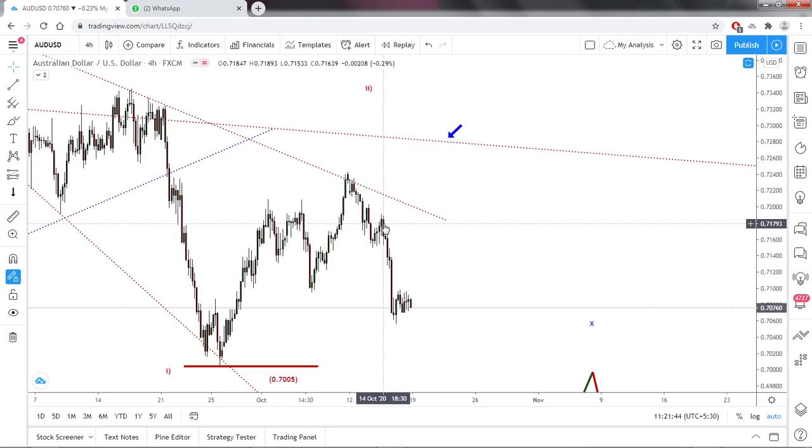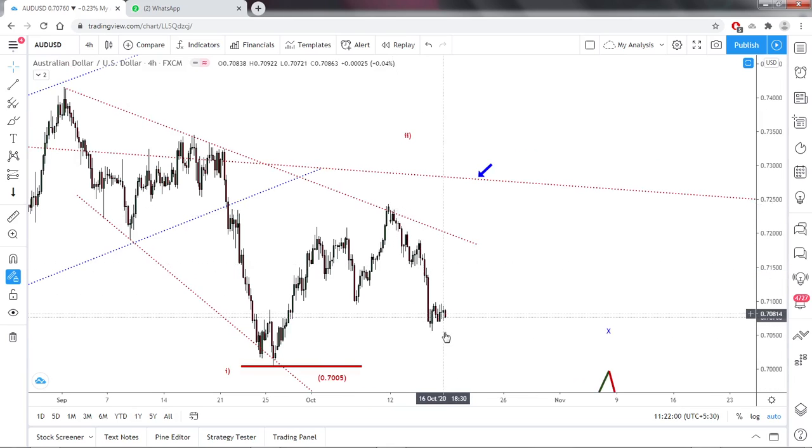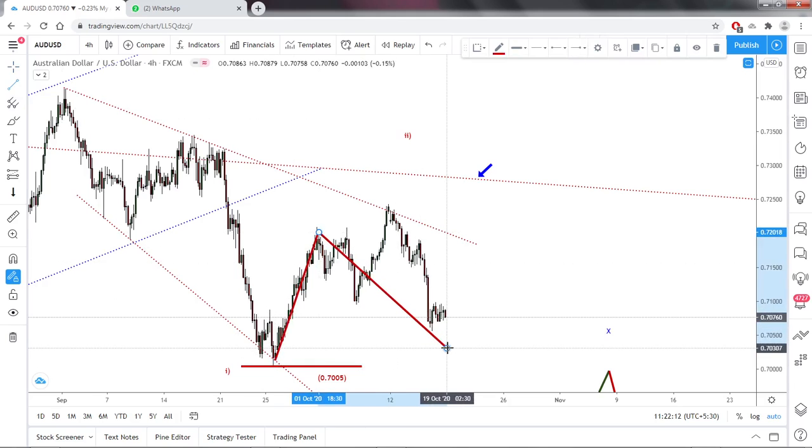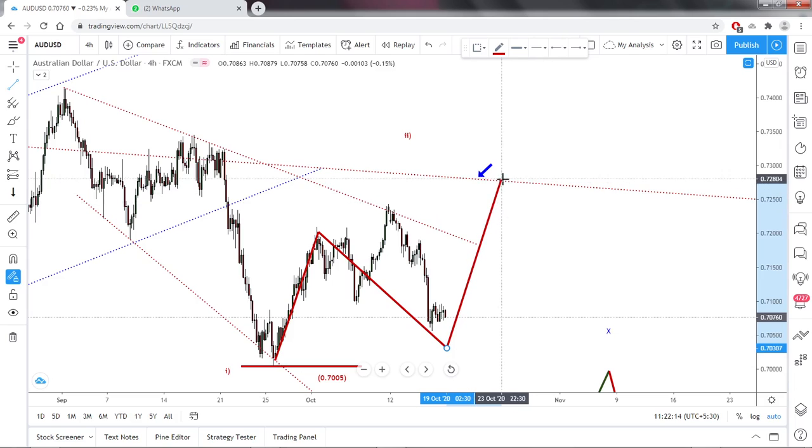1, 2, 3. We are in the 4th wave. It looks like a triangle. If it did the 5th wave, that will become a new impulsive wave to the downside. But one more thing you have to understand: if it breaks this high and did a 5-wave structure, there is a lot of chance this is an impulsive, and this could be an expanded flat, and one more high is also possible, to reach this zone again.